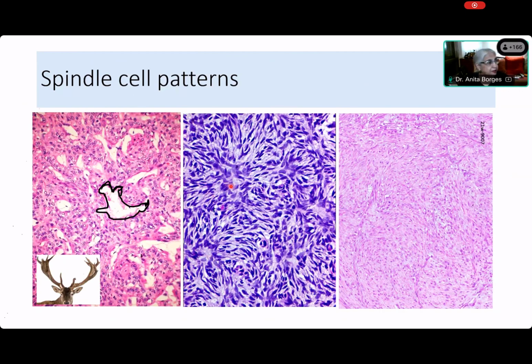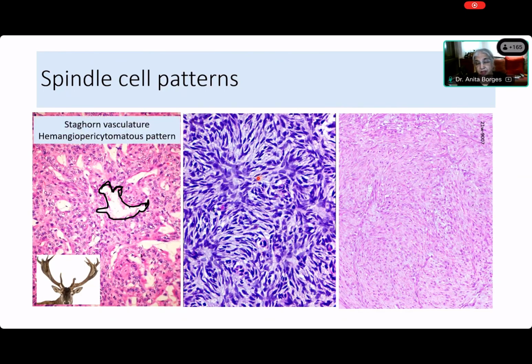Aditi, we come to the next pattern now. Ma'am, it looks like a storiform or a cartoon pattern. Why do we call it storiform? You're right. What is storiform? Why is it called storiform? Ma'am, it looks like a cartwheel kind of. Yes, it looks like a cartwheel. The storiform comes from a rush mat. You know, when they used to weave these mats which had circular, sort of semicircular areas. Yes, but the easiest way to talk about this is to